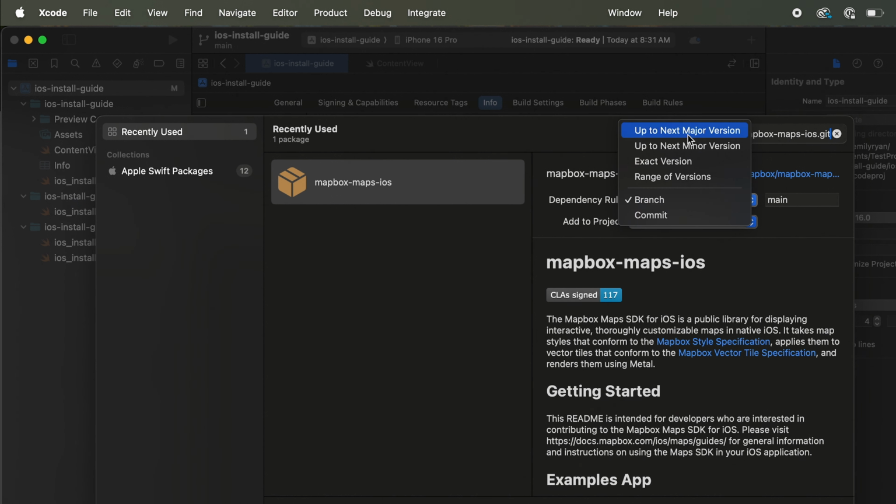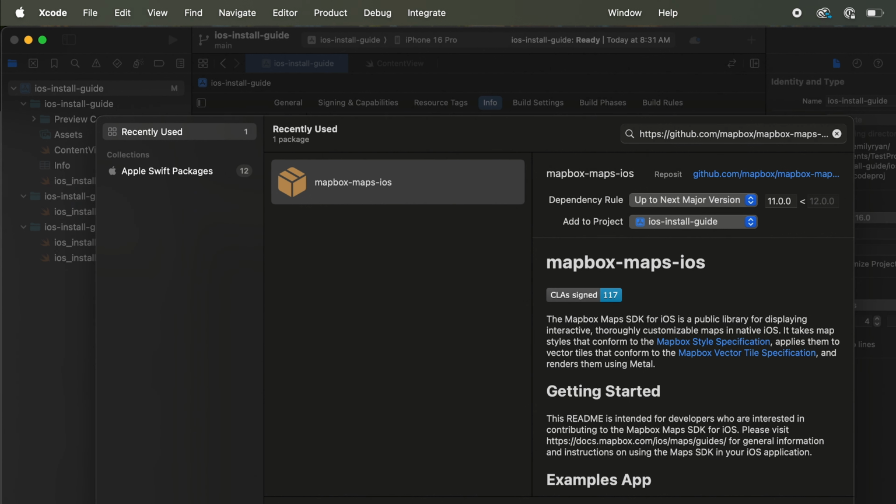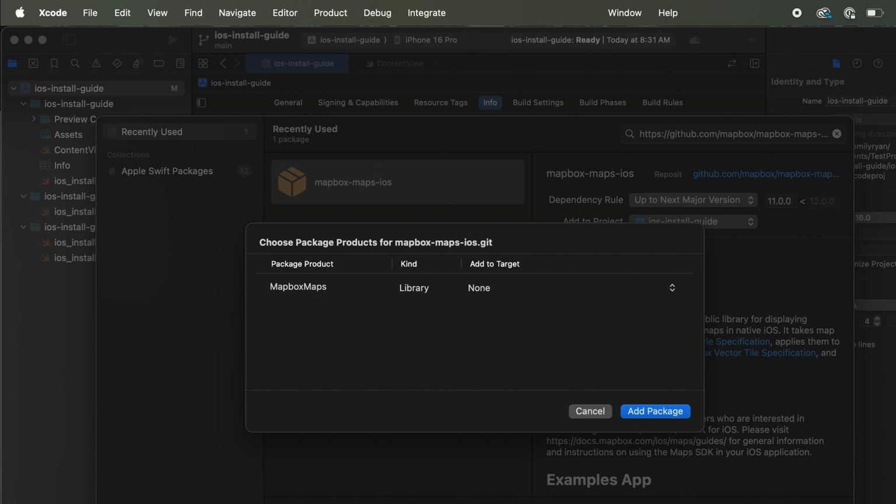We recommend selecting up to the next major version for the dependency rule and specifying the SDK version as seen in part 2, step 3 of the written guide for the minimum version. This method allows you to select the most recently released stable version of the SDK. Once the version is selected, hit enter or click Add Package. In the new window that appears, click the drop-down under Add to Target, select your project target, and then click